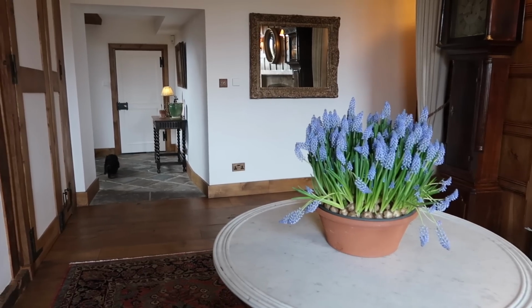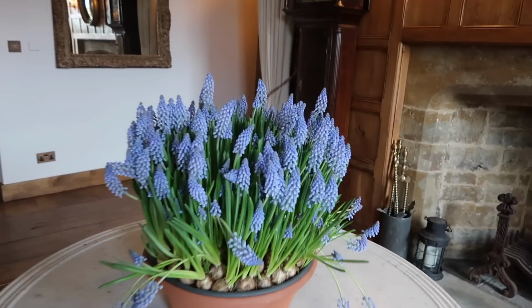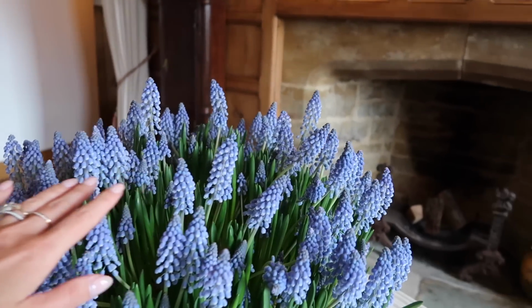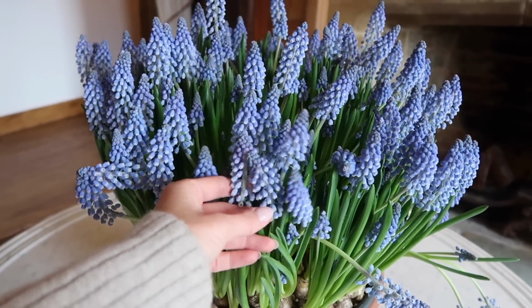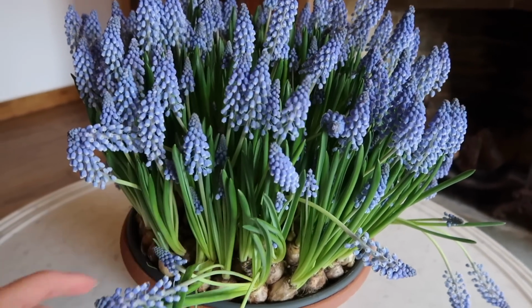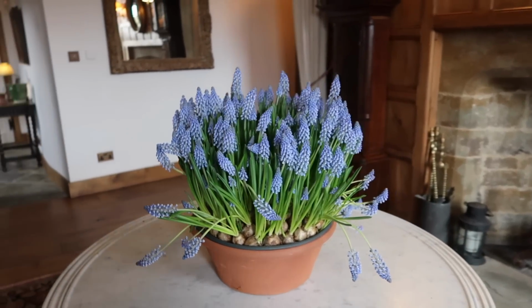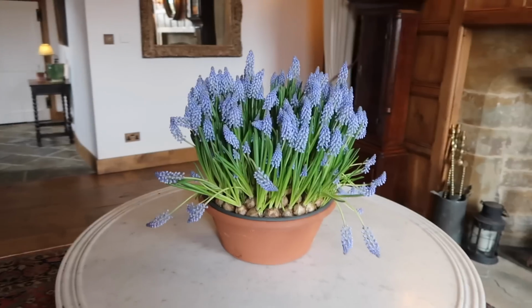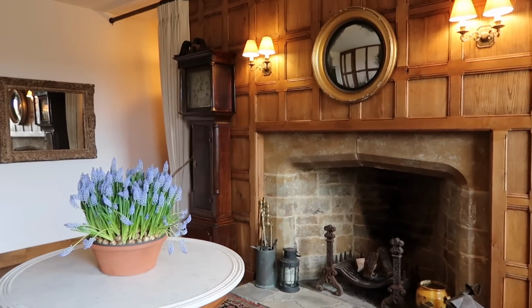I see you sneaking through here, my little angel. But how incredible, just an explosion of muscari, and they're absolutely huge. I did, to begin with, try tucking these overexcited ones in behind others, but now they're just getting a bit big. So I think I'll trim them and pop them in little posy glasses. But how joyous to have this, just a little bit of greenery and life